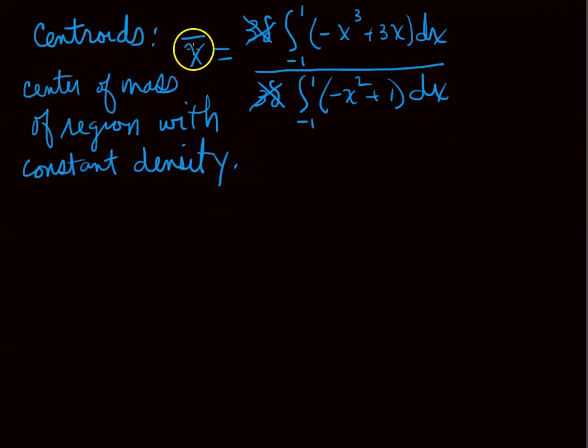So if they ask you to find the centroid, then they probably are telling you that this is a constant density, and don't worry about the deltas. You don't need to carry those around. It's going to disappear anyway. You can let delta equal 1. It doesn't really matter if you're supposed to find the centroid. So, with that in mind,